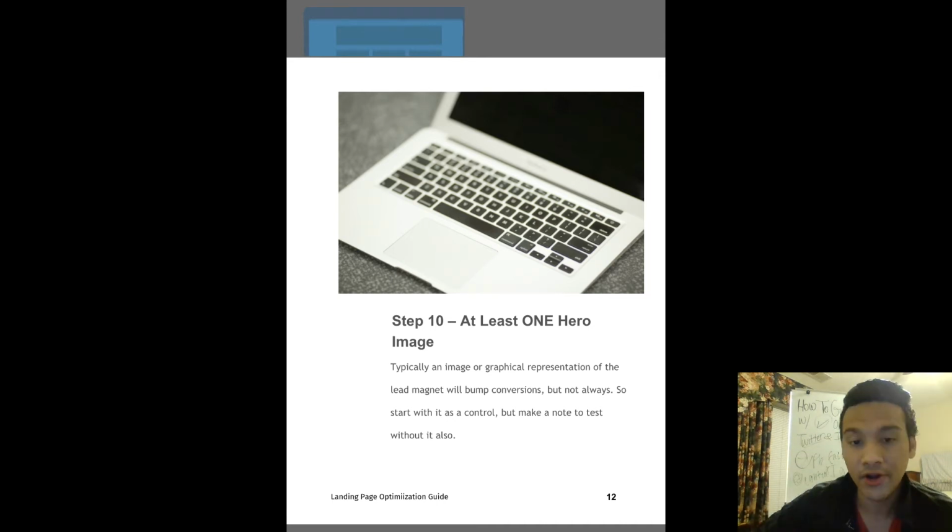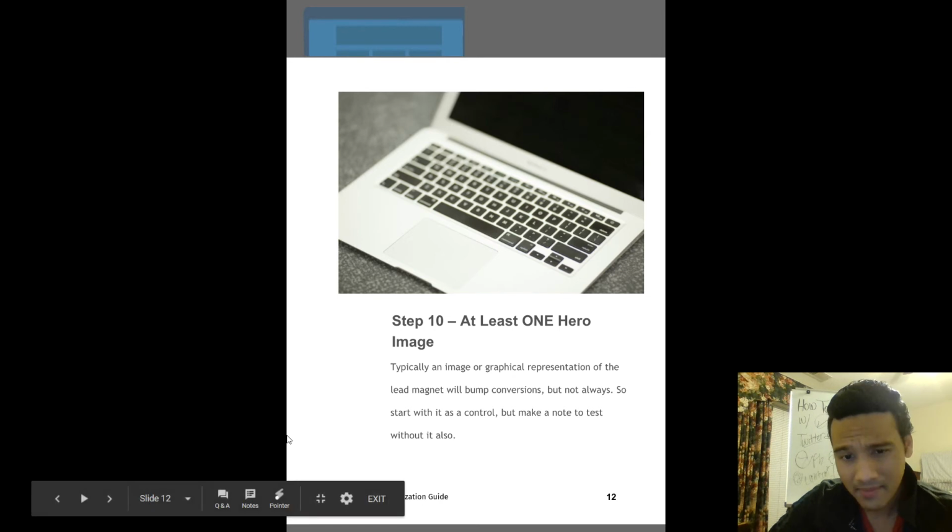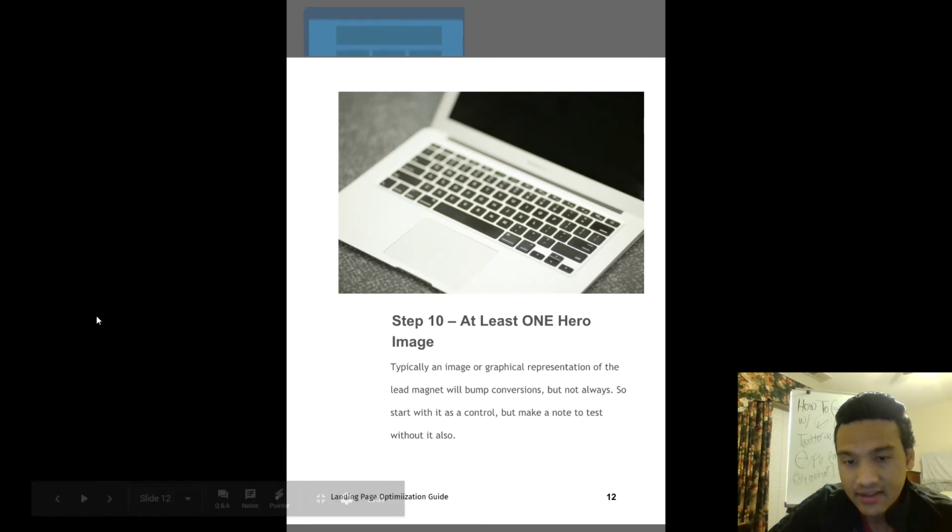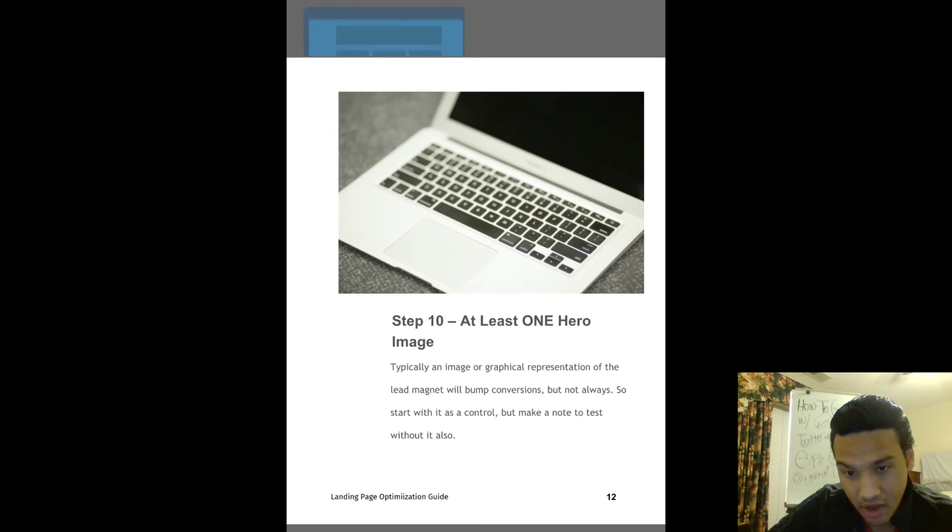At least one hero image. So what do I mean by hero image? Typically, an image or graphical representation of the lead magnet will bump conversions, but not always. So start with it as a control, but make a note to test without it also. Meaning, if you're trying to get people to buy a book, put a picture of the book. If you want people to join your mastermind group, put an image of people in your mastermind group. If you want people to join your